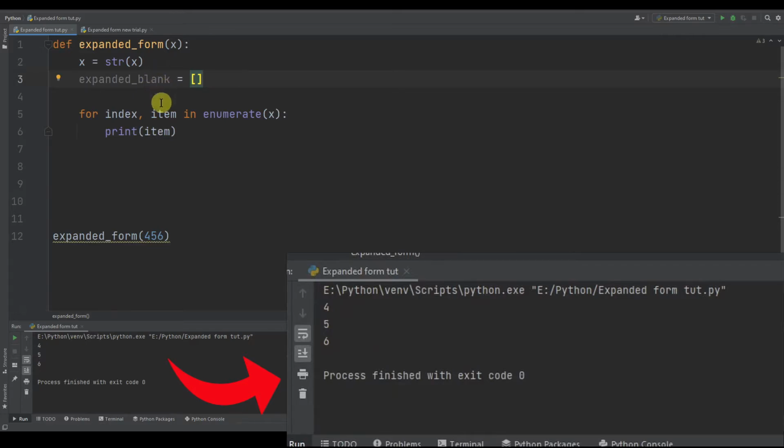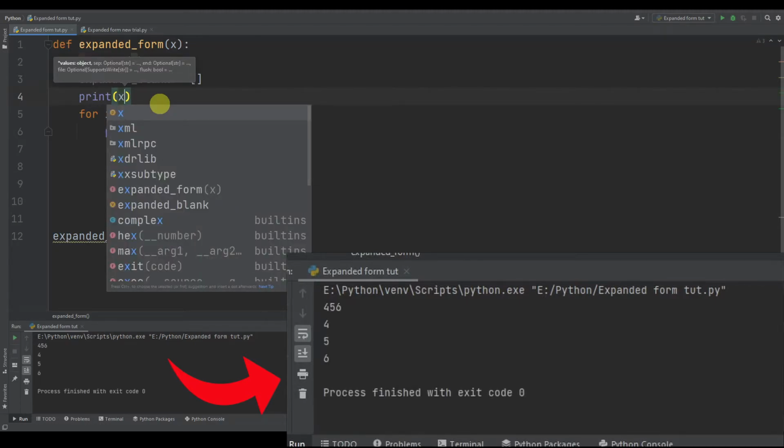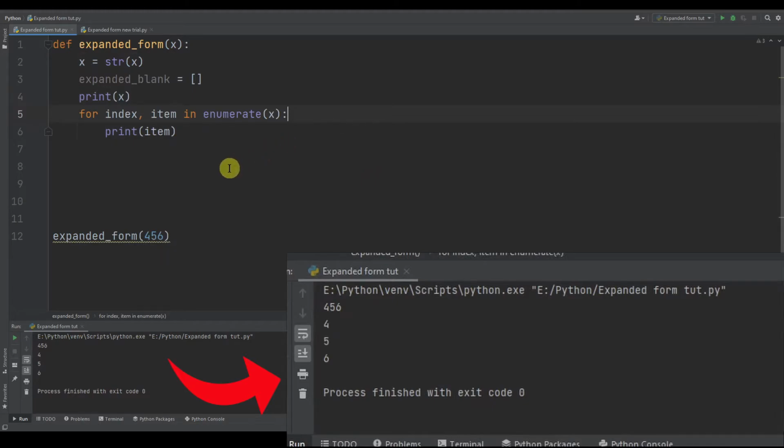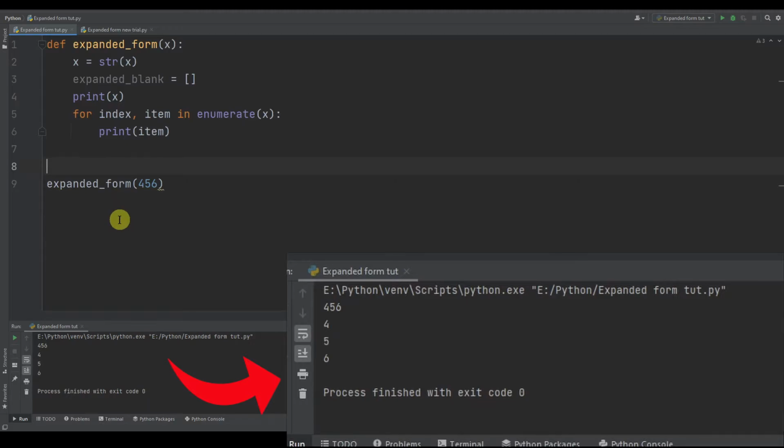I'll print x also for you guys to see. So when I run x, first, Python goes through this function definition and sees, okay, I have a variable x that is to be converted into a string, and then I need to create a blank list, and then I have to print this x, which is a string now.